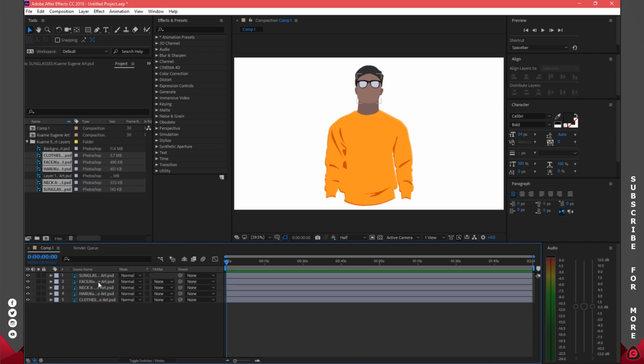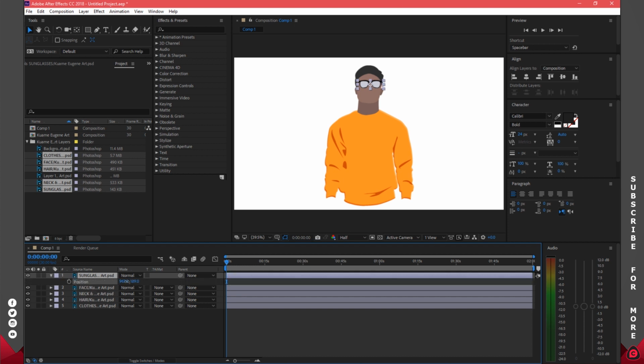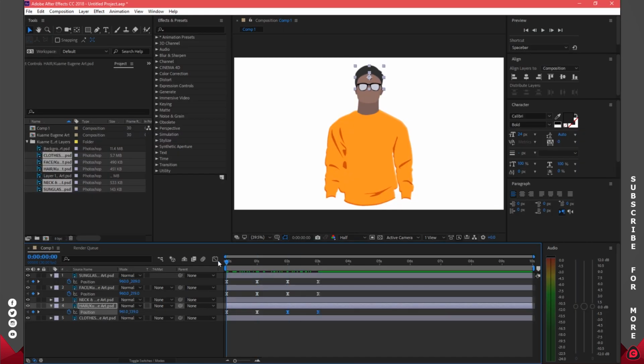So let's start animating this. I'll first of all start with the sunglasses and I'll move this. You can see this is the x-axis. I want to move it up and down, so I'll move it from the top to bottom. So I'll go ahead and save this up